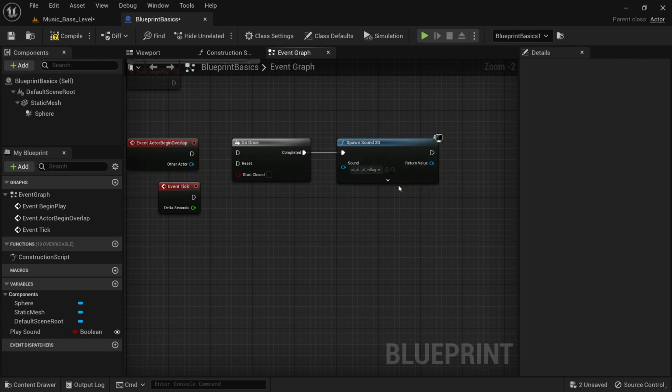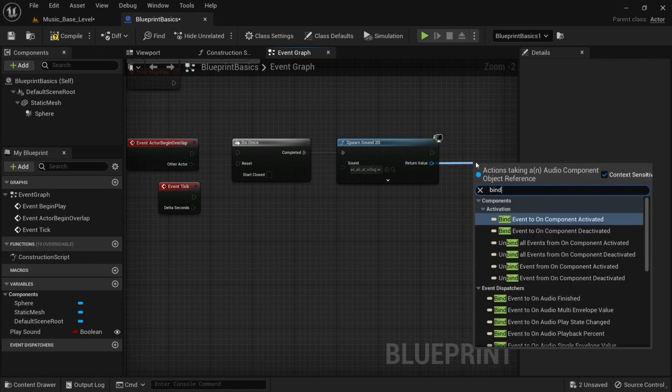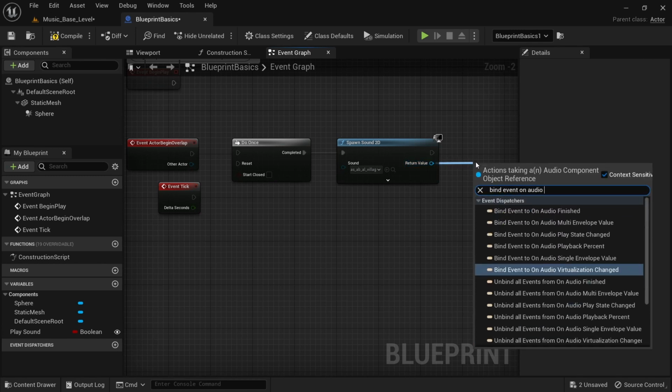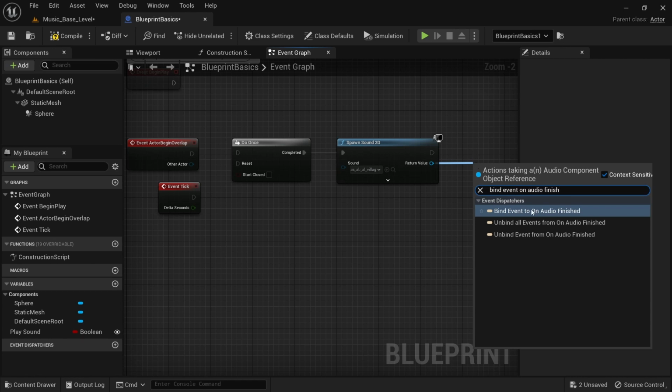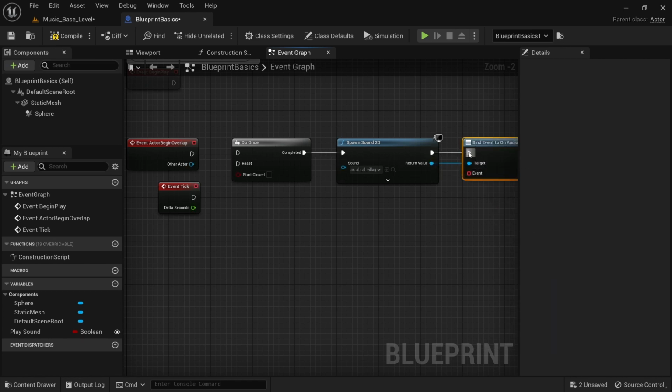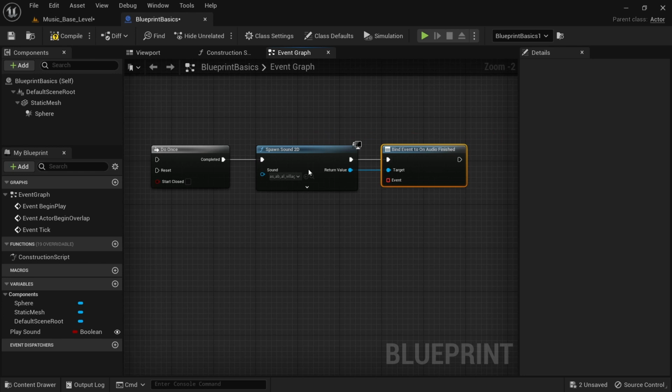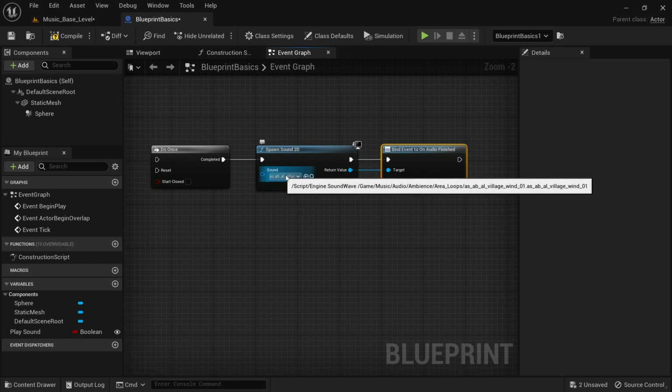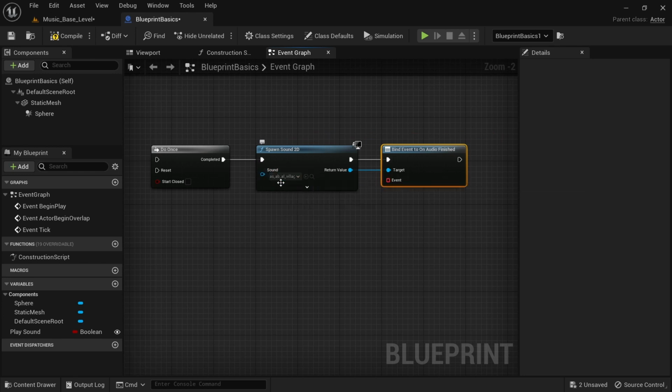We will again be using the Spawn Sound node to have a reference that we can use again in the blueprint. By dragging off the return value, we can get a reference to the audio component. The node we then use to check when audio is finished is called Bind Event on Audio Finished. There it is. If we link these up, what that means is that it is able to check the sound file that we're using, and as soon as the audio finishes, it will then allow it to be played once